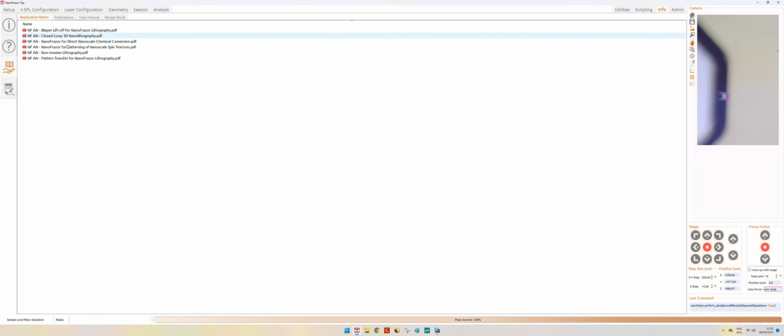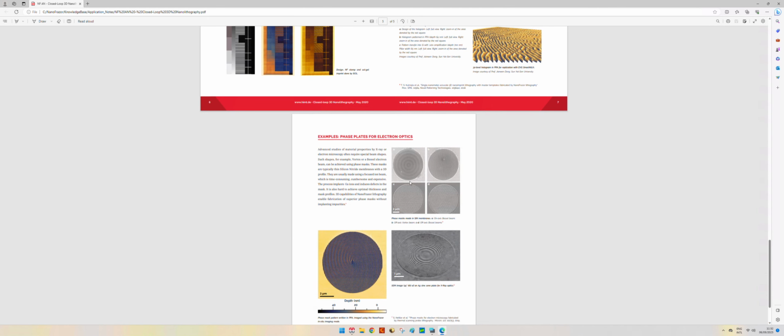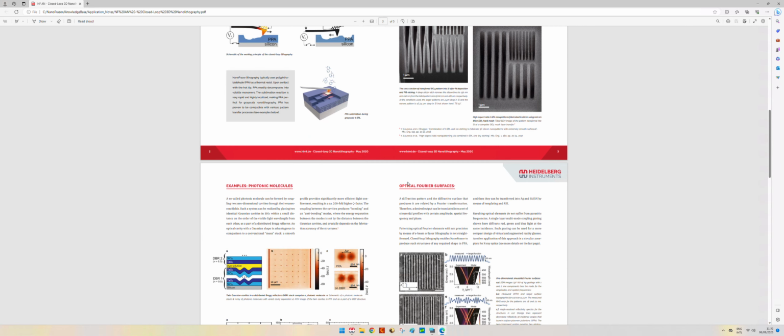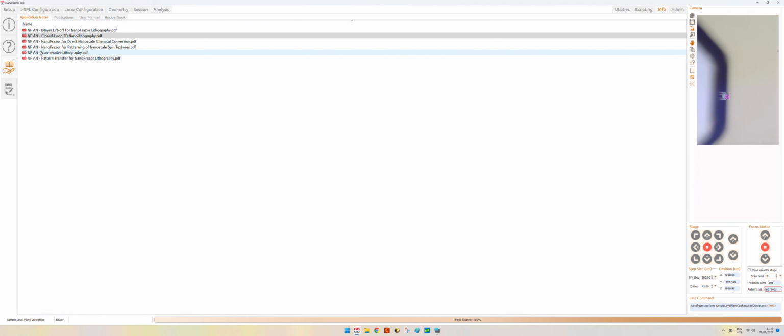For example, we explain what is a closed loop 3D nanolithography. So we can just open our PDF and we have a small explanation of this 3D nanolithography and the closed loop operation. Very short documents, but very effective in understanding this very important concept of our technology.